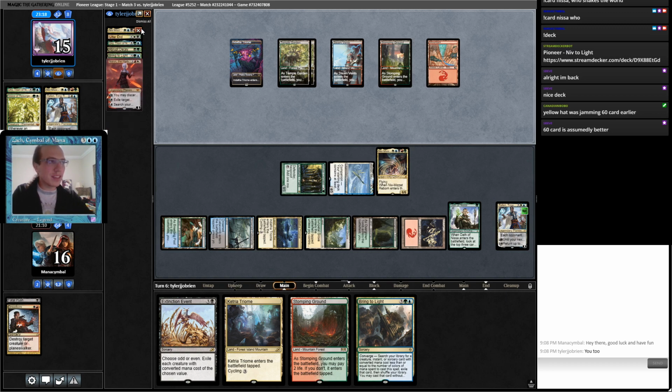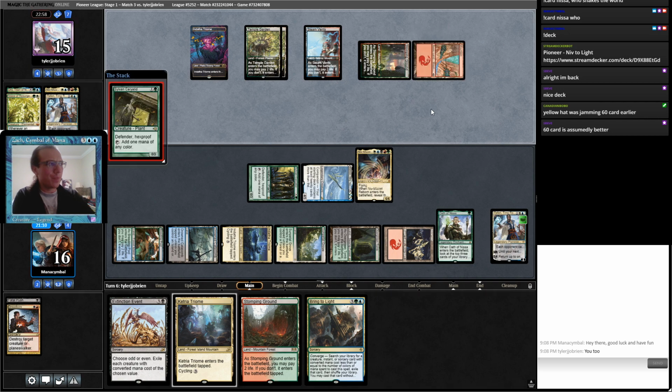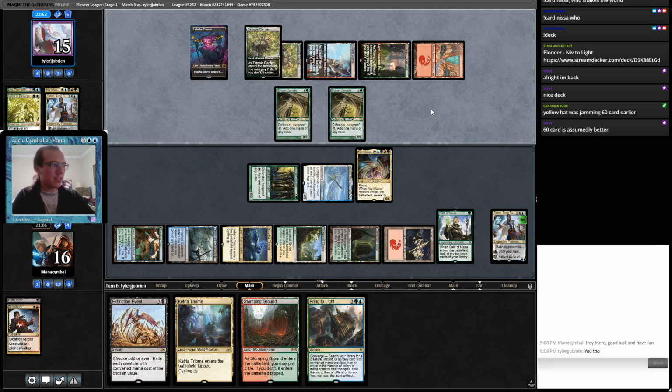The only thing saving me is that they don't have enough mana for this. They could play Nahiri and Abrupt Decay, but then I still have a Niv, and I still cast Bring to Light. 60 card is assumedly better. He second placed the top of the challenge on the weekend, so 60 card is more consistent. But it's not necessarily better because this deck plays a four of tutor package, and so that mitigates some of the loss of consistency from having 80 card. And then